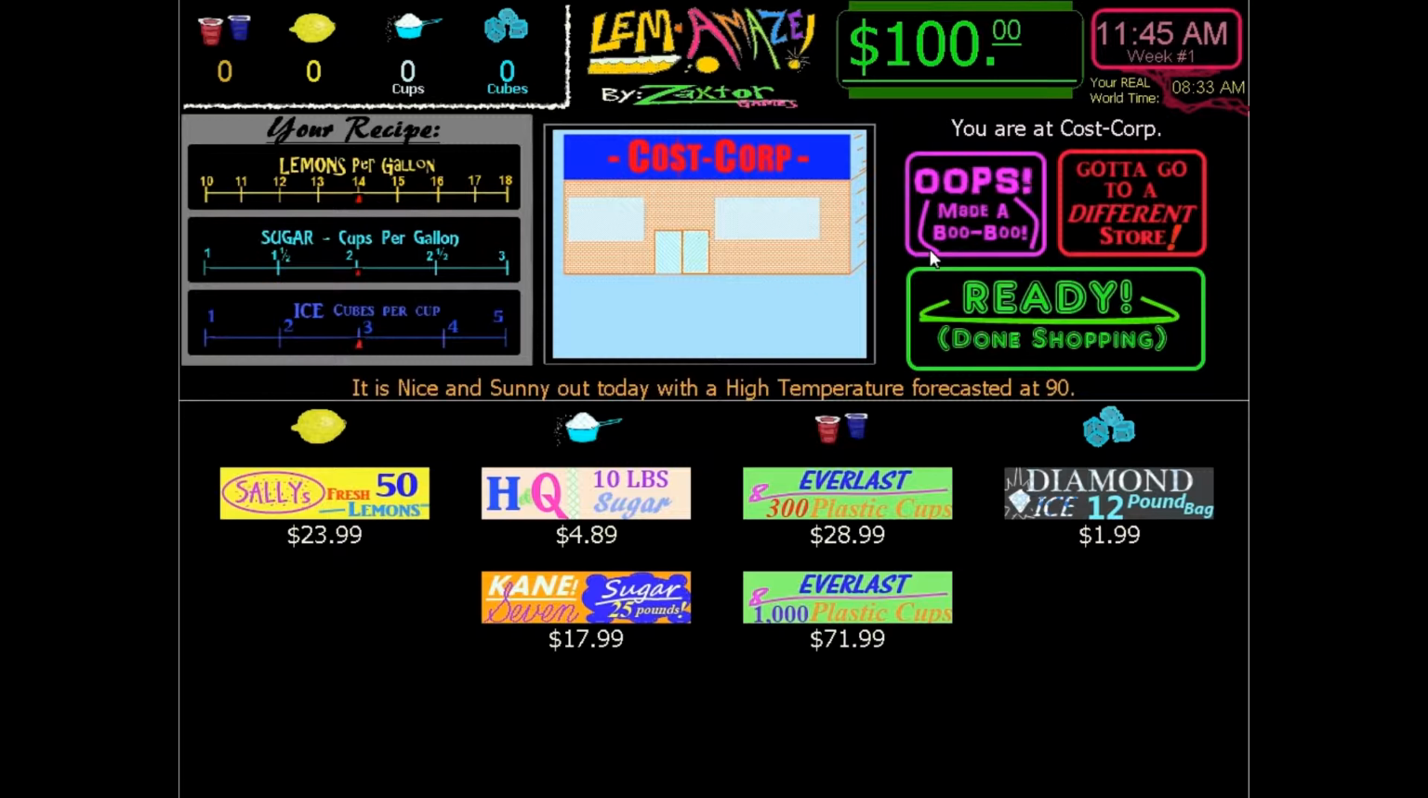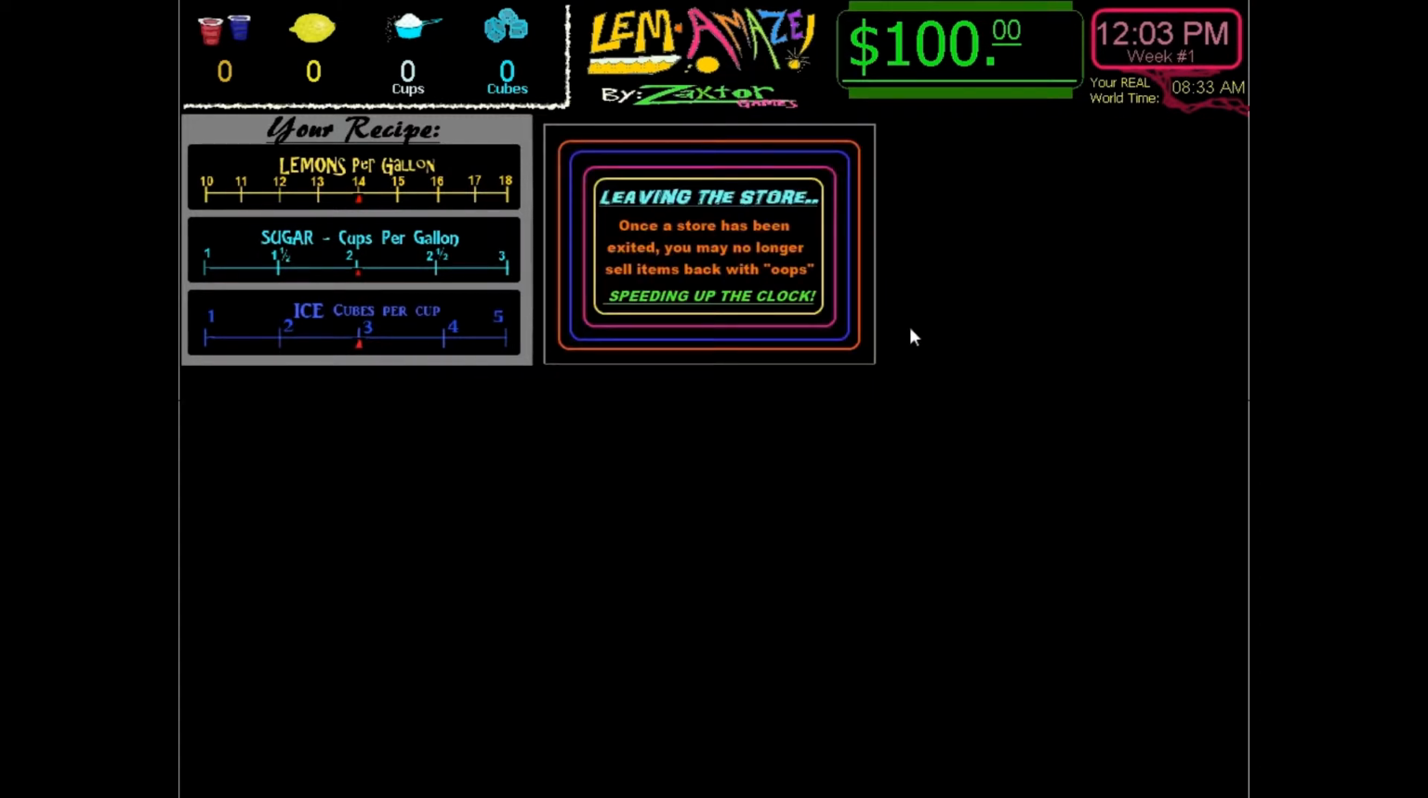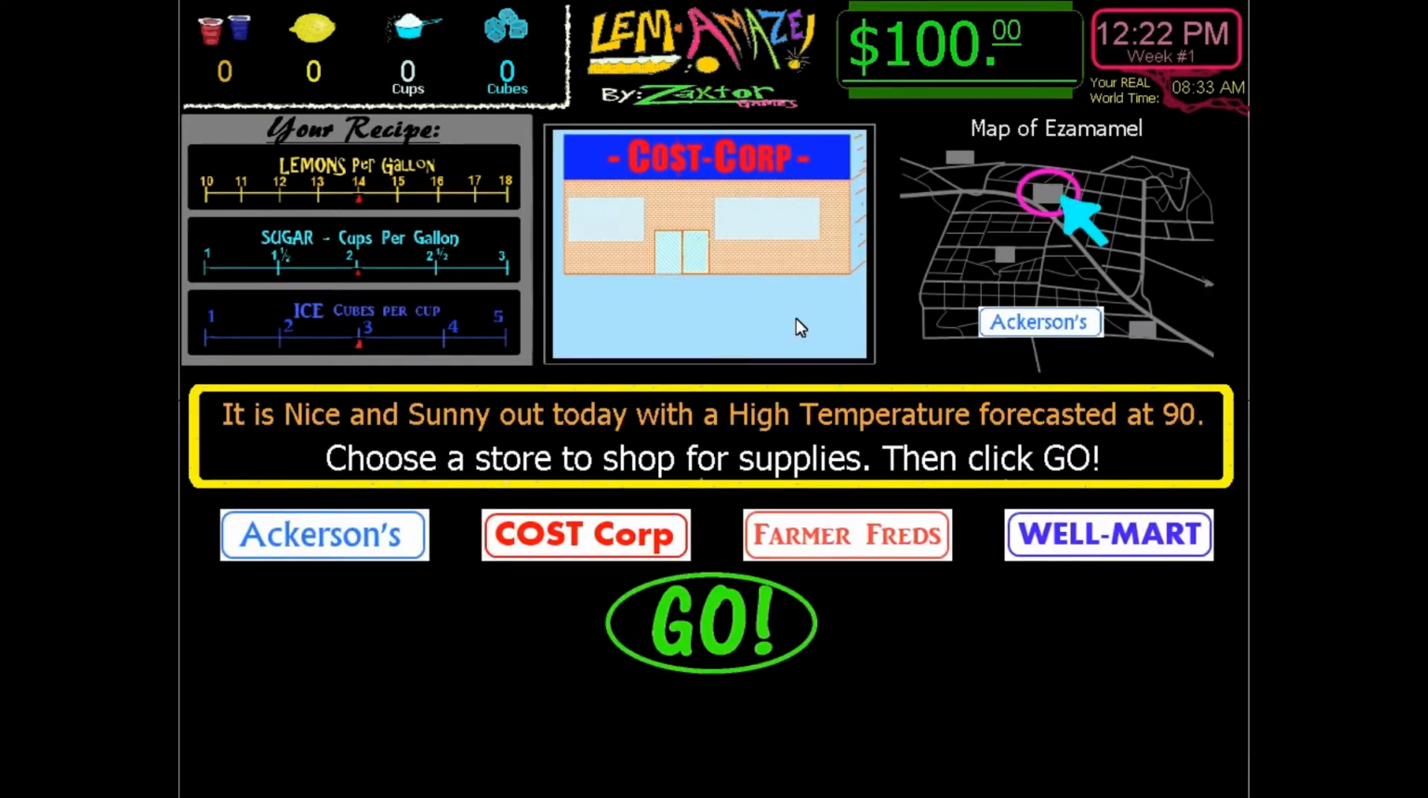Shows you a picture of the store here. You can always go to a different store, but it takes time to travel there. So about 30 to 45 minutes will go away as you go to a different store. As you can see, time starts ticking by as you start going to a different store. And even if we go back to the same store,